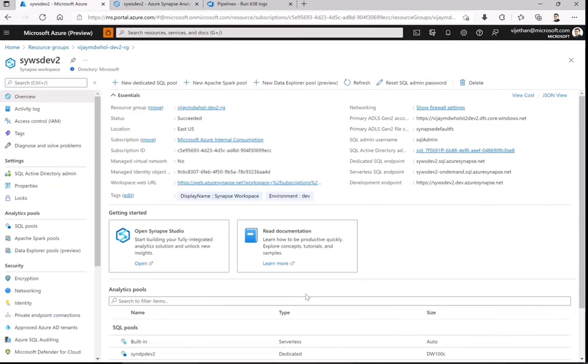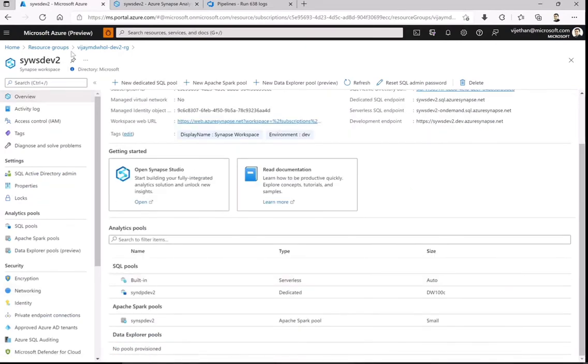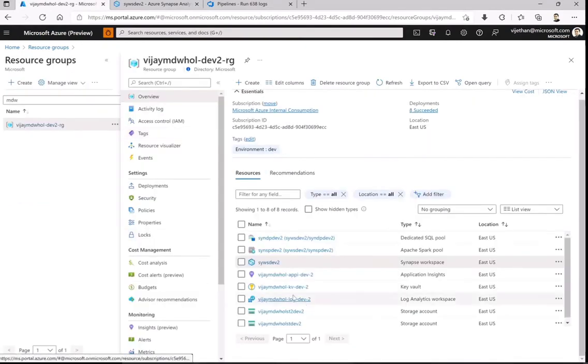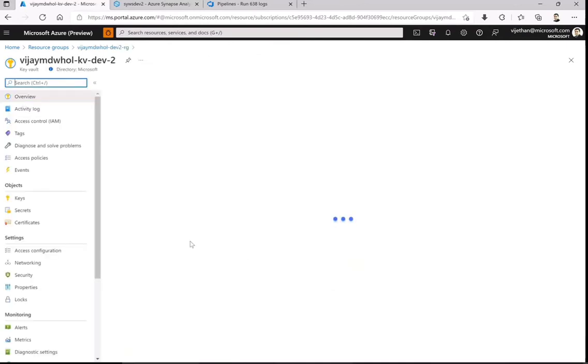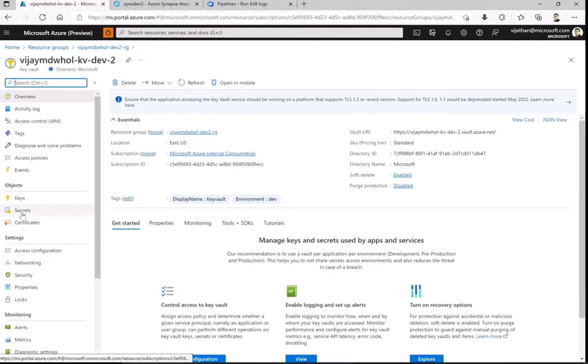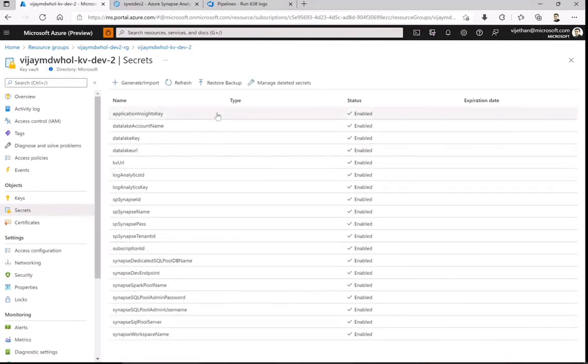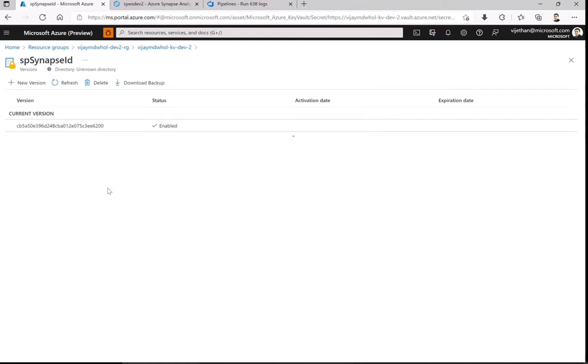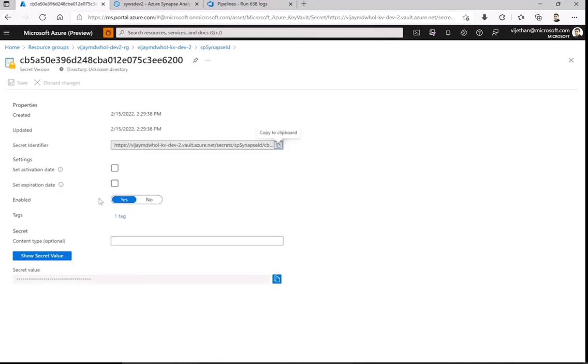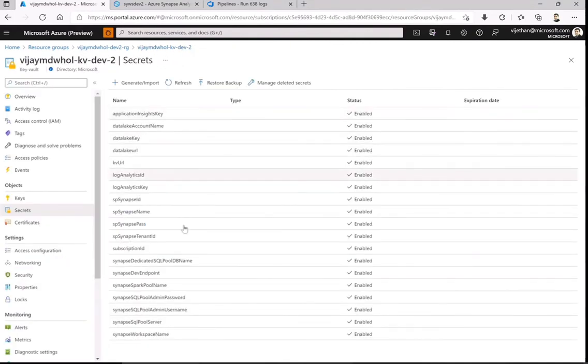The other thing I want you to check is the key vault itself, because that is crucial from what environment we created and what keys or configurations we have, right? These are all things we created at runtime. So you can go to any particular thing, say suppose any particular secret ID I want to look at, just go to that particular version, show secret value, and it will show you that secret value.